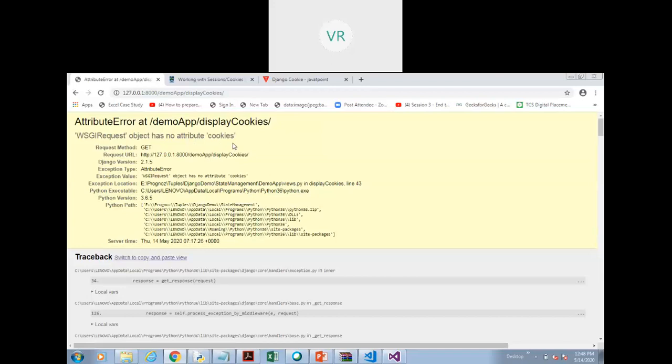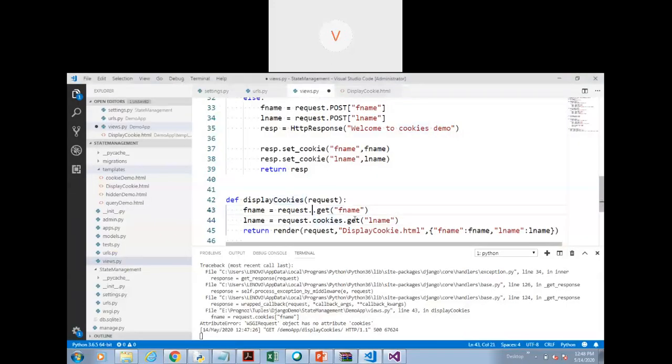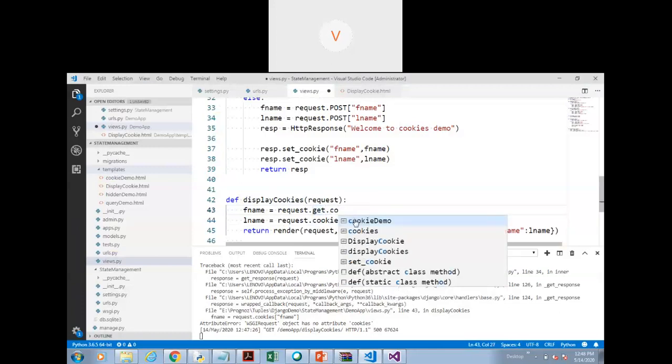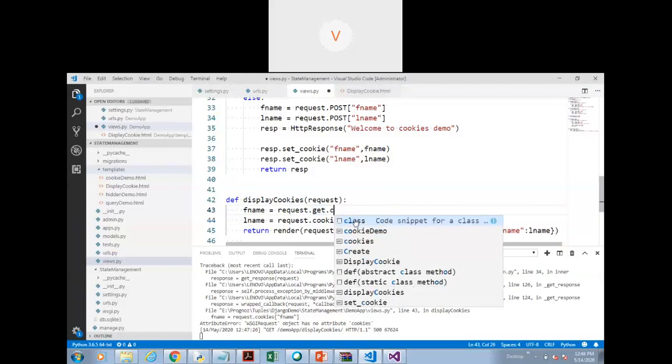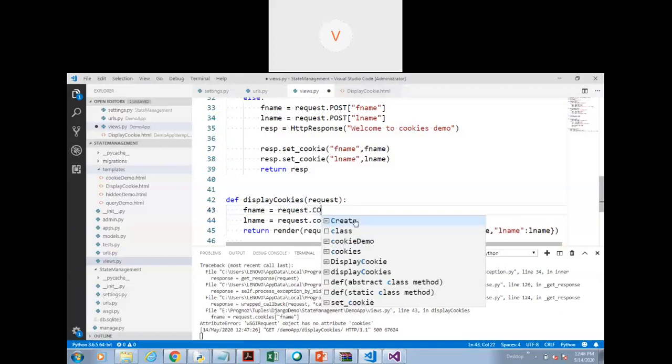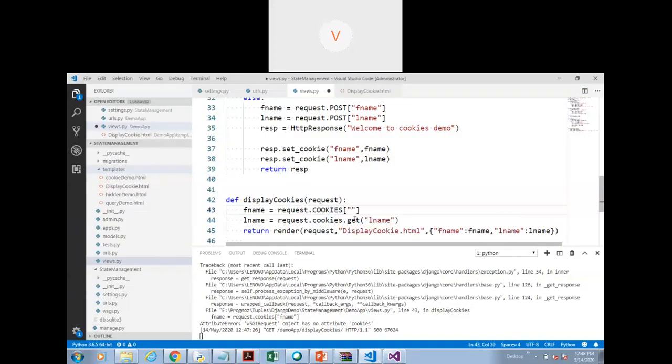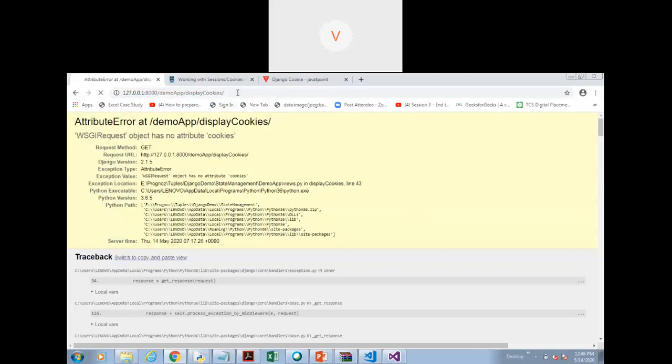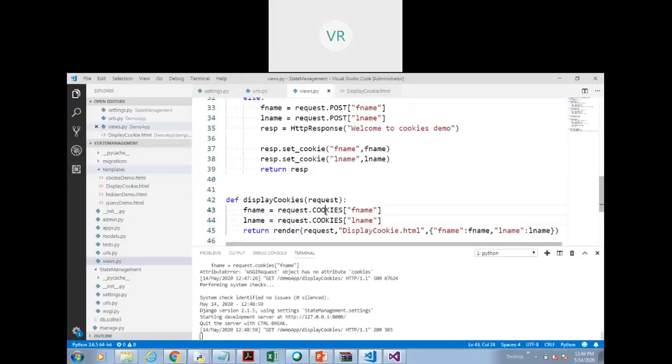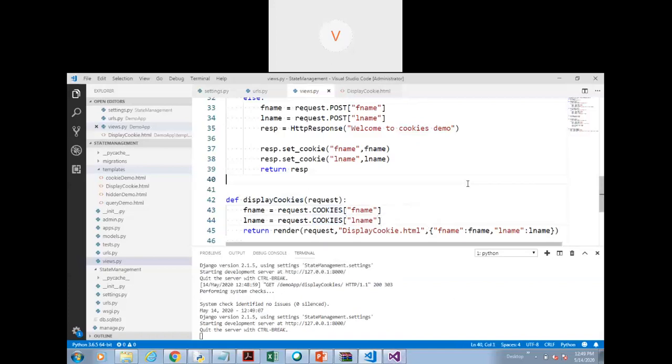Request object has no attribute cookies. Let's try this one because it's saying that, okay, so you have to use cookies as capital letter to get the value of the cookie, to fetch the cookie.